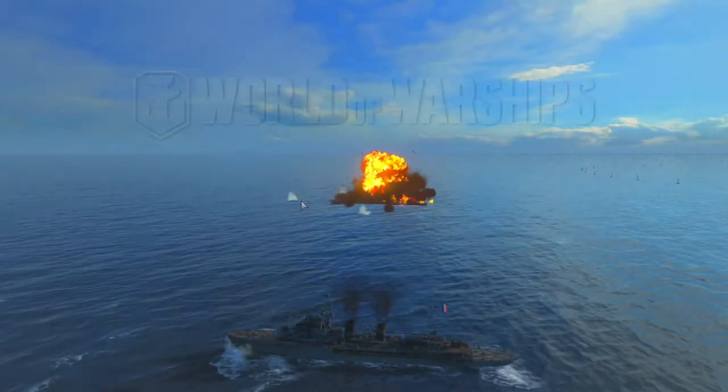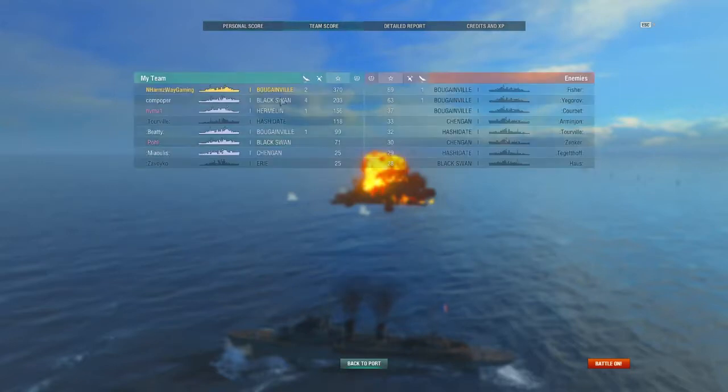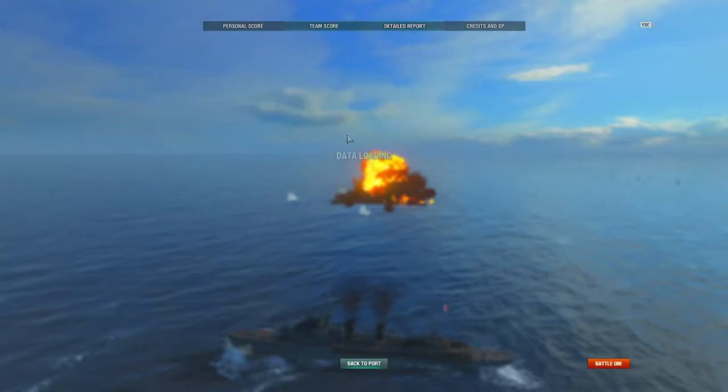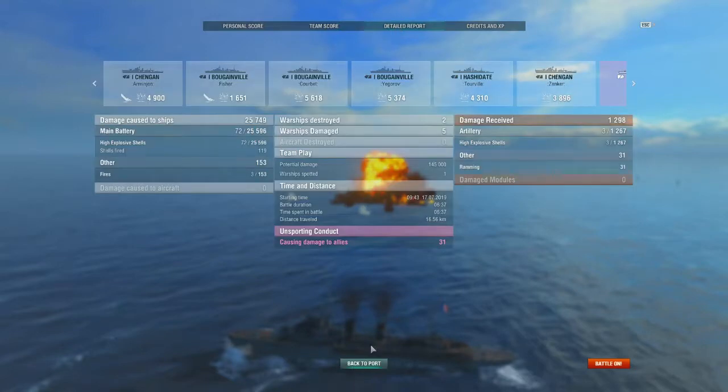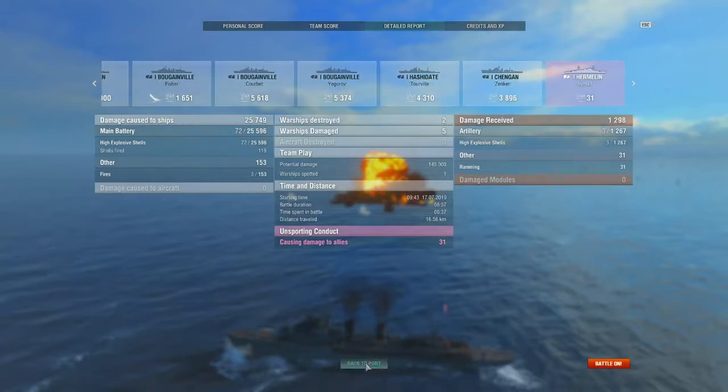Because it was the first win of the game, or the first play of the game in here, we get extra points in our experience. So 33k coins, 555 experience, 28 free experience, 25.7 damage, 72 targets, 4 incapacitations, 2 destroyed, 3 set on fire, 1 spotted. We were top on our team, and we beat up a lot of people, including our own teammate Jaime. Didn't mean to, but